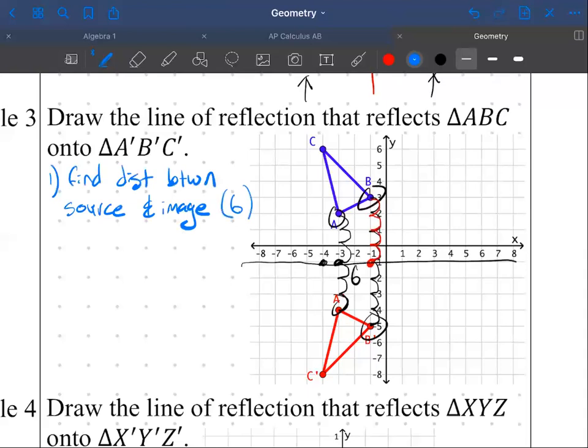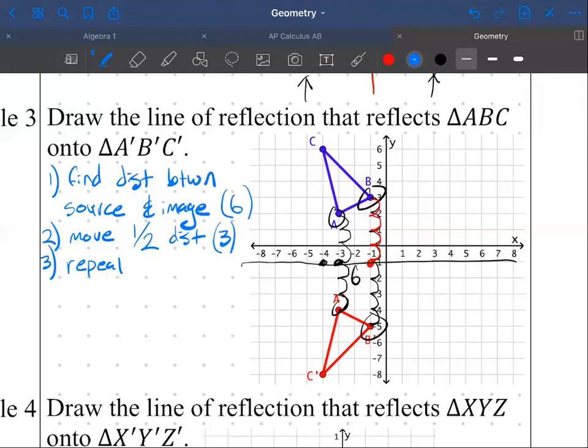And then step number 2 was we took half of that distance. And then I'll say, move half distance. In this case was 3. And then you're basically done at that point. You can either choose a horizontal or vertical line because it's this lesson. But for future lessons, step 3,